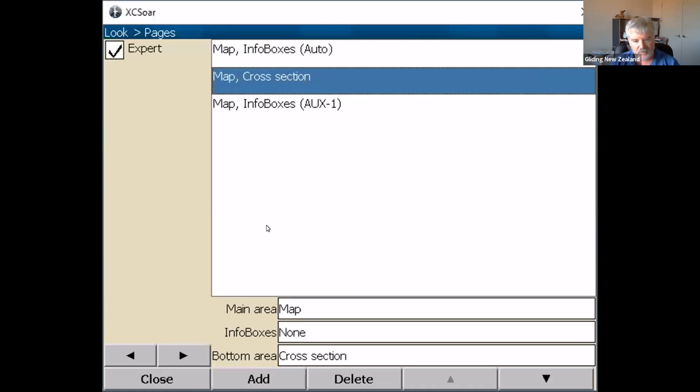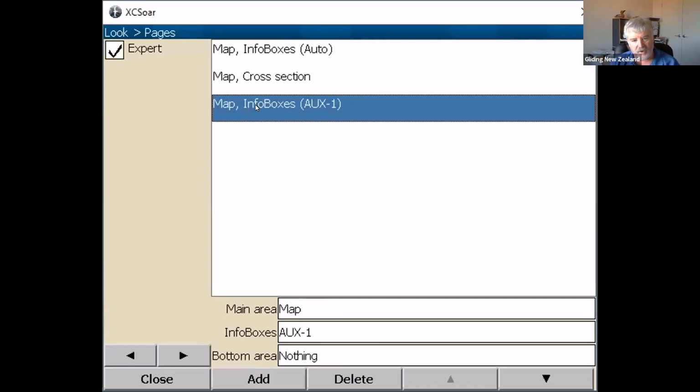I set up another one here called cross section. With that cross section, it just looks 50K ahead. And then I've made my own here, which they call aux1, but that's the same as the regular one. But some of the cruise ones, I put some boxes in which only relate to AATs. So if I had an AAT task, I could just swipe horizontally till I found that box,